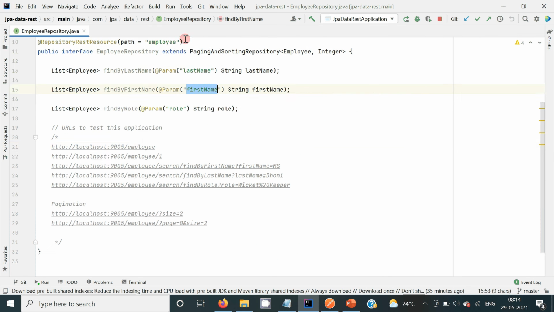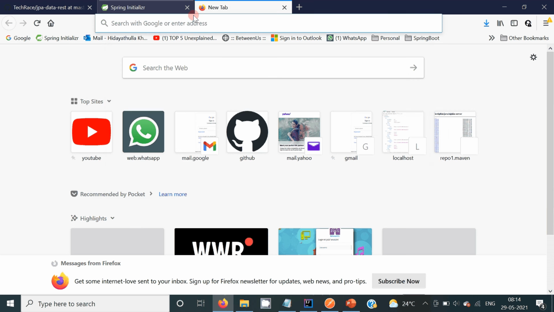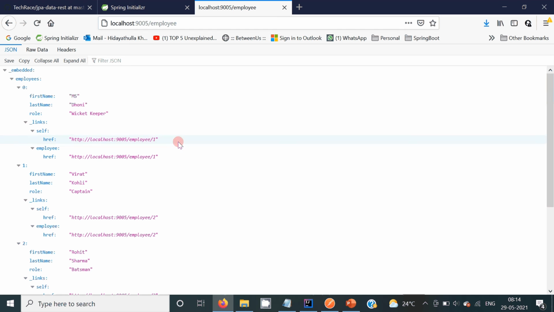What we are trying to do is access the first URL, the employee URL. Once I access this URL, it gives me all the data available in the employee table, all 3 records.